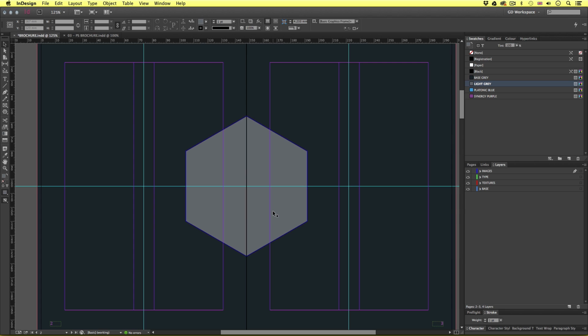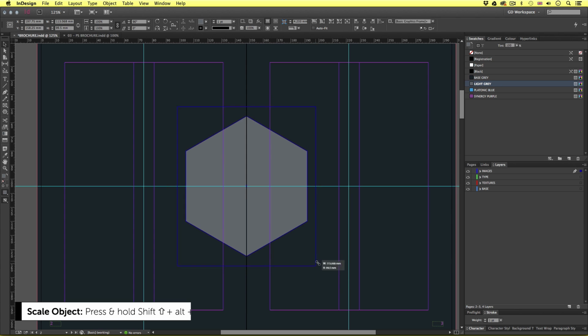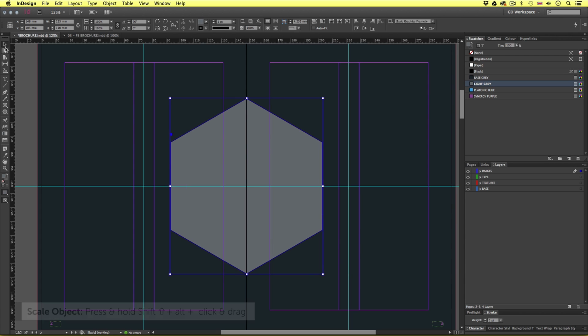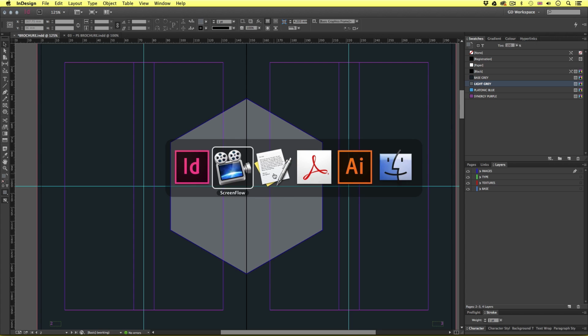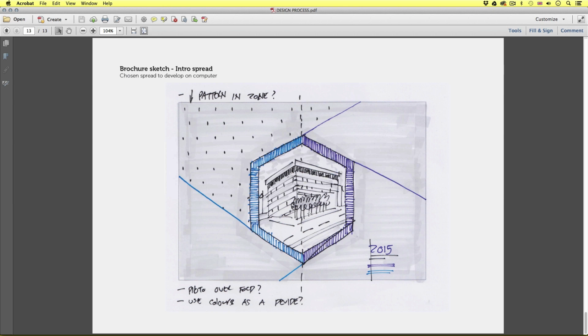This shape is a little small, so I'll move my mouse cursor and place it on the bottom right point. I'll press and hold Shift and Alt and drag out a little to increase the size, like so. So now I'm happy with the size of the shape. Looking at my design process, I want an image to appear in the shape, but with solid colour around the